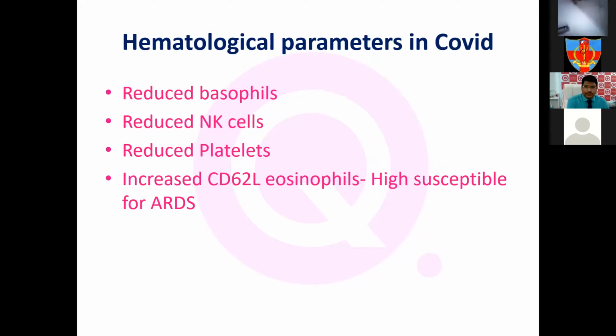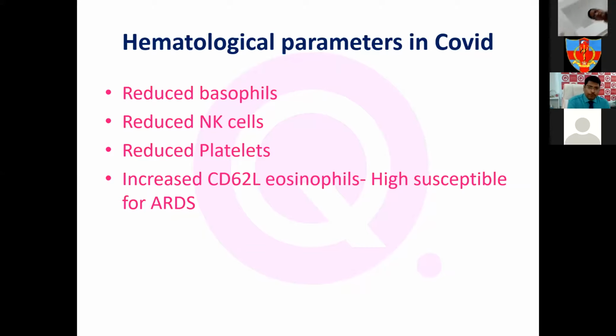Some of the other parameters which are gaining importance day by day are basopenia and decreased natural killer cells. These specialized parameters are not detected by the machines we have in routine laboratories, so you need to do flow cytometry to identify the proportion and the function of NK cells. And just like some other viruses which directly attack platelets, COVID-19 also seems to affect platelets, causing not only thrombocytopenia but also predisposing to thrombotic conditions.